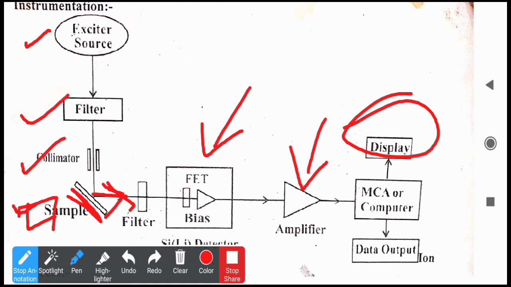The binding energies for the K alpha and K beta shells of specific elements are fixed. We determine the emitted X-ray radiation, which shows a certain amount of energy, and that energy is fixed for every element for the particular energy levels. Based upon that, we identify the element. So this is the basic principle and instrumentation used for the PIXE technique.